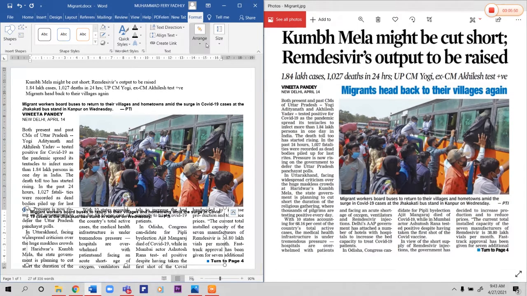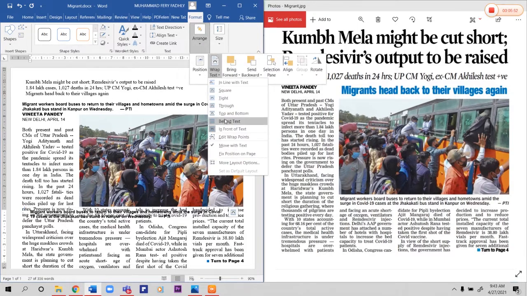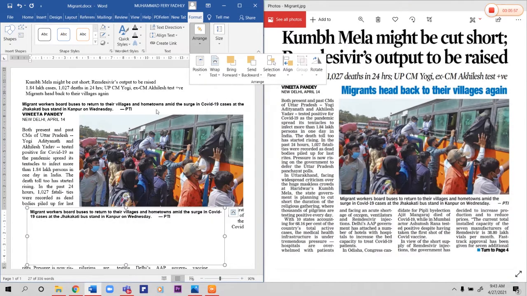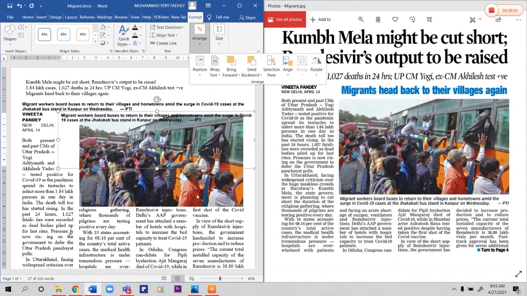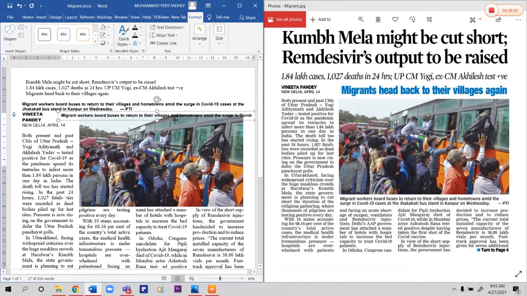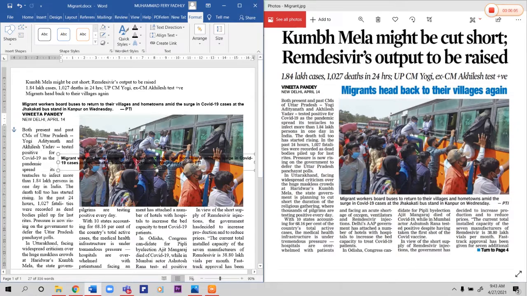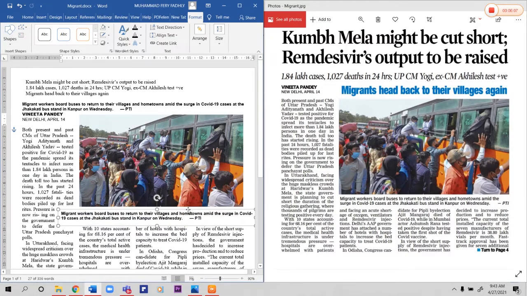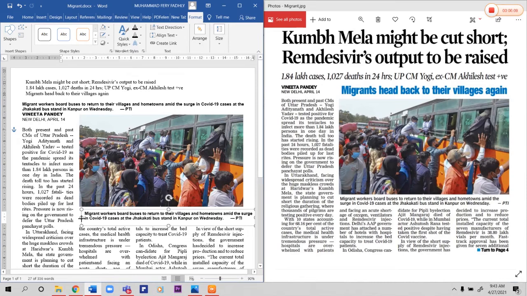Change the wrap text into square. This is for 2003 and 2007. Then put it in here and make it the same size.